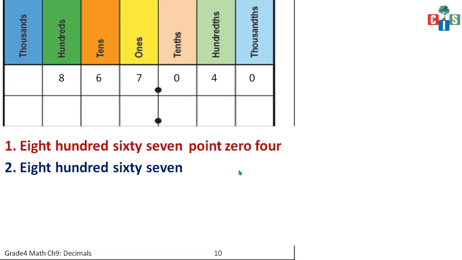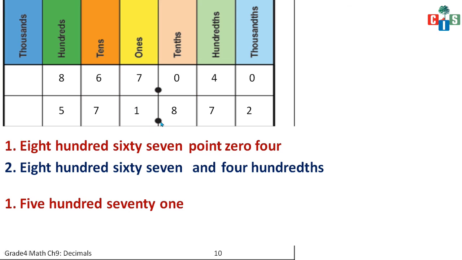Yes? Okay. Now the other way to write is 867, that you can deal with easily. Now in place of the point, "and", then you have 4 hundredth. Yes, so 4 hundredth. Nothing has to be done for the 0 in the 10th. The 4 in the 100th, where is it? In the 100th place. So 4 hundredth. Clear? Now let's take another example, that is this number. And how will you write it? It is written as